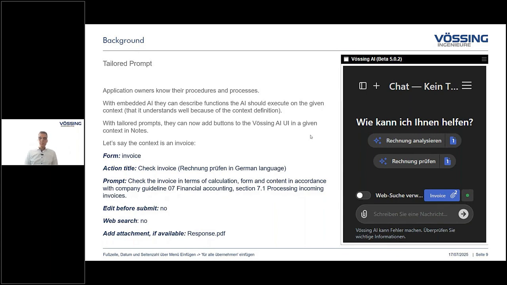Edit before submit could be yes or no. So if the user clicks on Rechnung prüfen, it could just fire the prompt, or it could enter the prompt in the prompt window so that you can tweak it if you like. This time we said no. Do we need web search? We can switch this web search thing on or off by using predefined prompts. We said no. And now, magic, if there is an attachment that is called response PDF, then attach it also